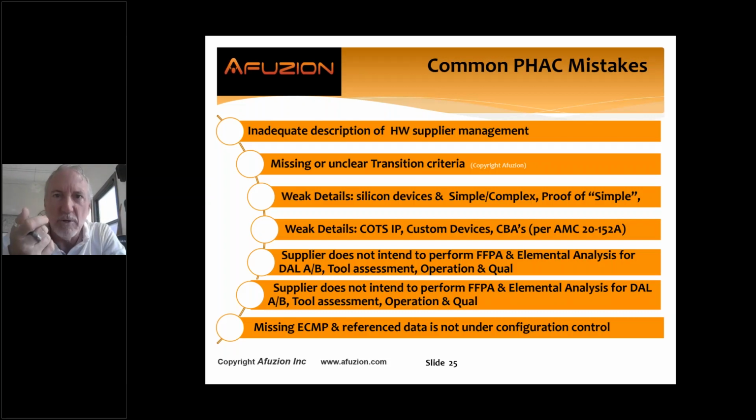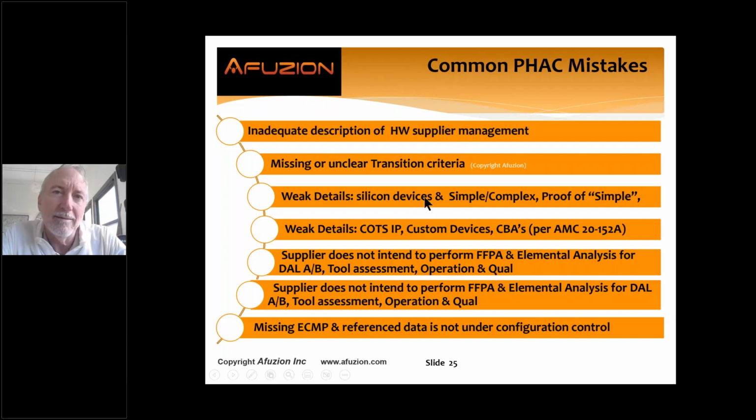We have circuit cards, power supplies, LRU, ports, communication, solder, devices, thermocouples, thermistors, resistors, FPGAs, PLD. Ooh. Hardware is much more diverse. If it has weight and mass, it's hardware. So you have suppliers. What are the transition criteria really in managing, developing your hardware, inclusive of all those suppliers? How do you really prove simple devices are simple?